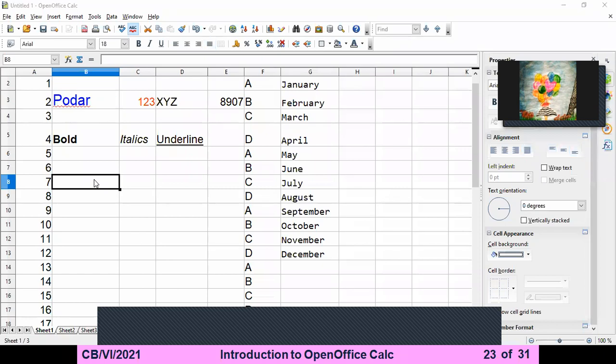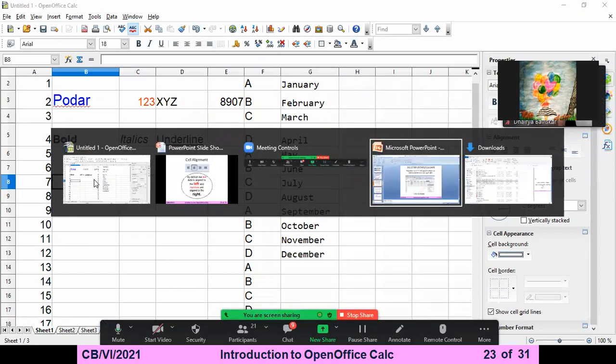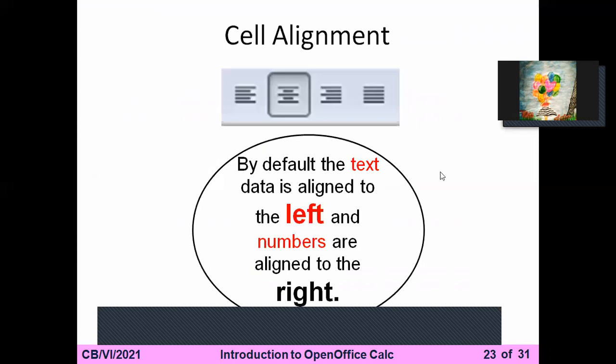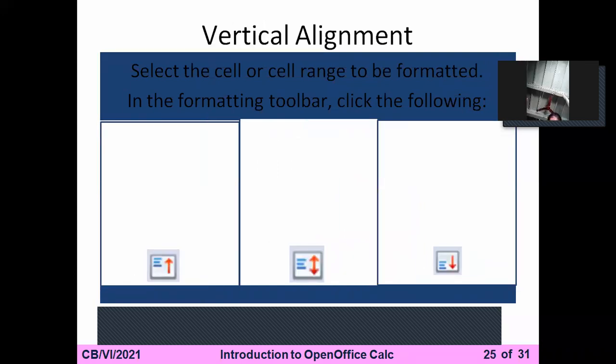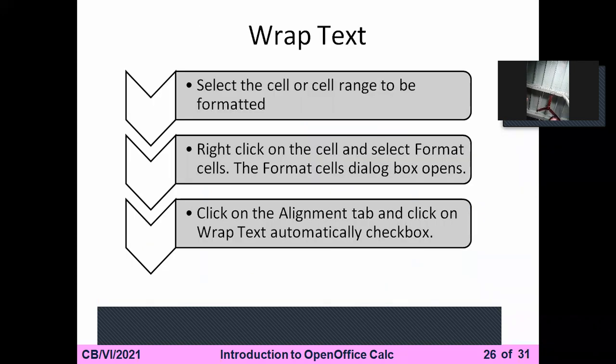Next, and the last topic of today, that will be wrap text. Wrap text means what? For example, we are writing a long sentence and it does not fit in the cell.